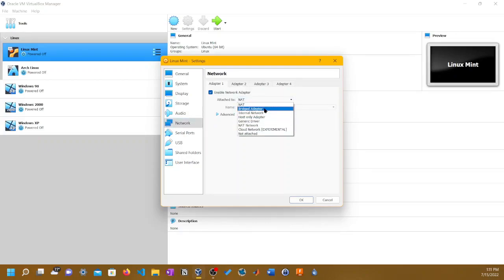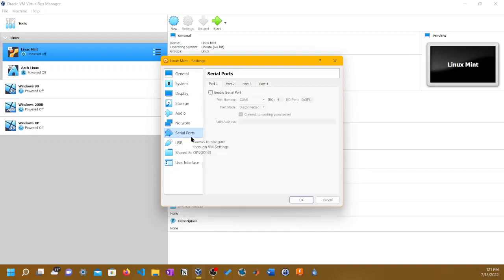There's bridge adapter. I think that's how you connect your Wi-Fi. But I mean, it's already connected to the internet in VirtualBox when you use an operating system. You have your Wi-Fi here, then it basically recognizes you have Wi-Fi, stuff like that. Serial ports,